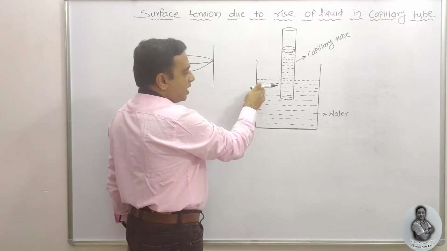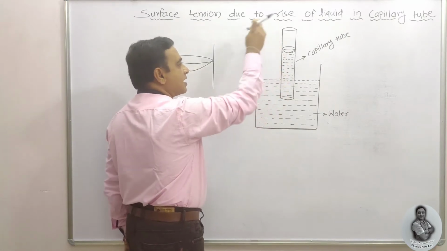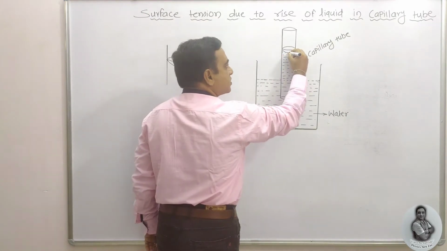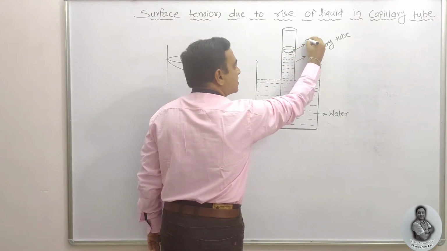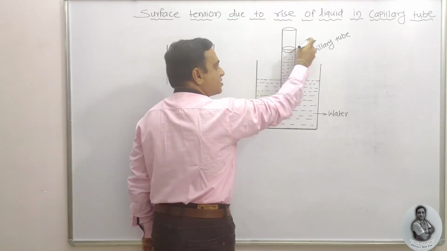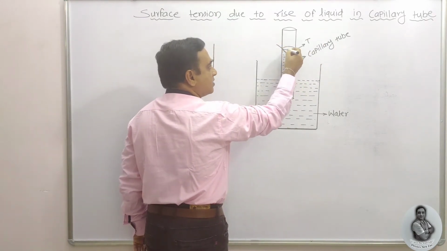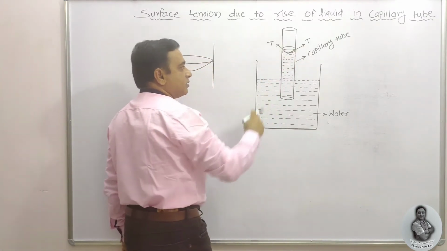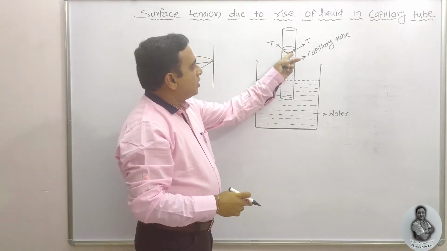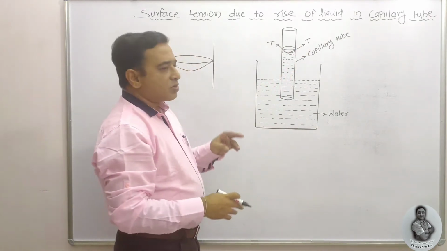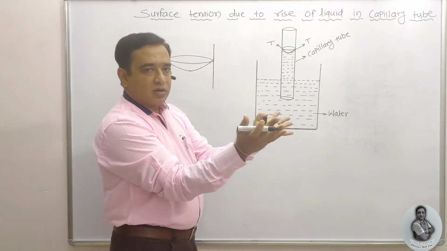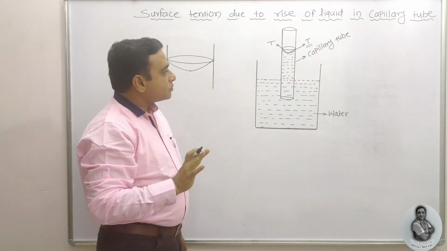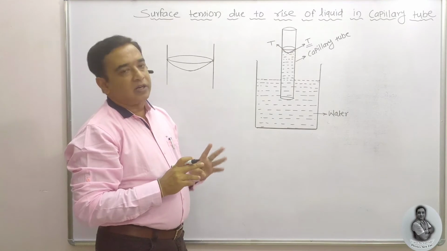A liquid runs from the high pressure side to the low pressure side, and there is a rise in the level of the tube. So here the surface tension which is shown there, the force of surface tension is T along the tangent, which is drawn tangentially. Here it is the force due to surface tension, now from all sides. In two dimensions only two arrows I am going to show, but in three dimensions in all possible directions these are drawn. This is nothing but the force of surface tension. Now one by one I need to calculate that.